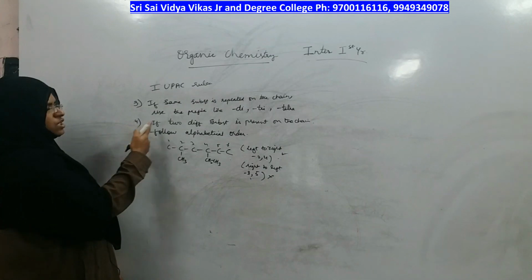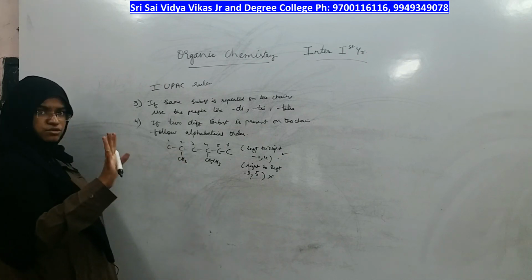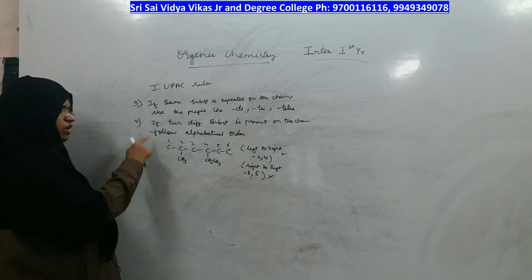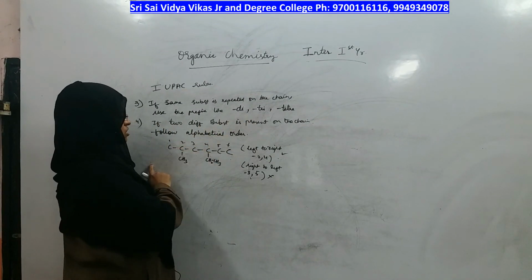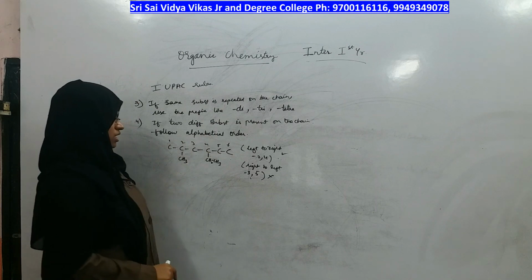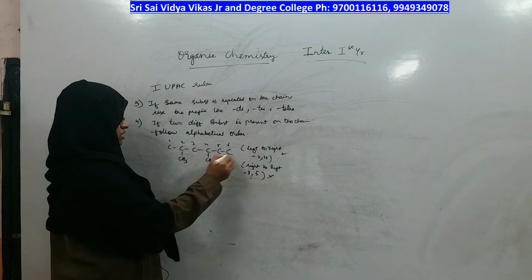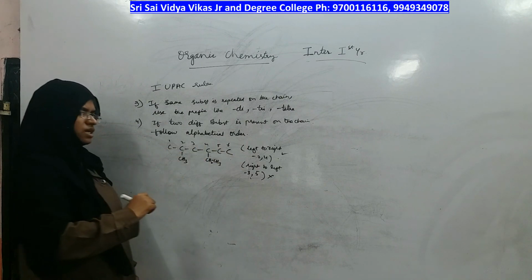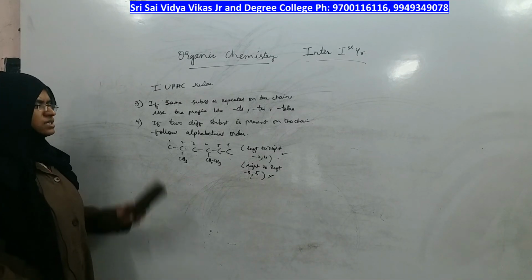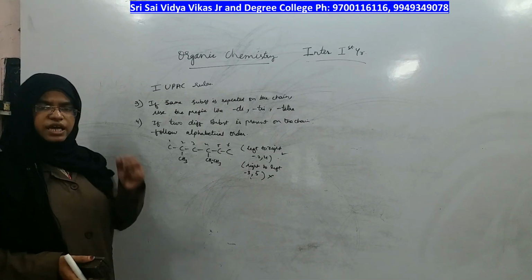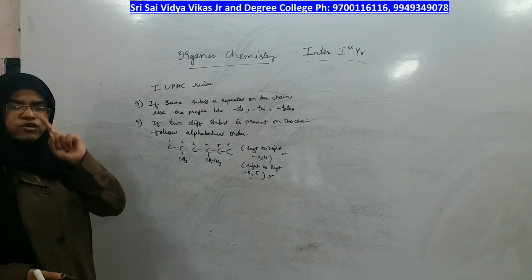Now what was the rule? If two different substituents are present, the rule which I have applied was the previous rule only, this second rule. Now I will follow the fourth rule. What does it say? If two different substituents are present on the chain, follow alphabetical order. Okay. What was the first rule? Select the longest carbon chain. The longest carbon chain has 6 carbons, right? After selecting the longest, in the first rule, you please add: select the longest carbon chain and then assign the root word. Okay, that should be your complete rule for rule number 1.